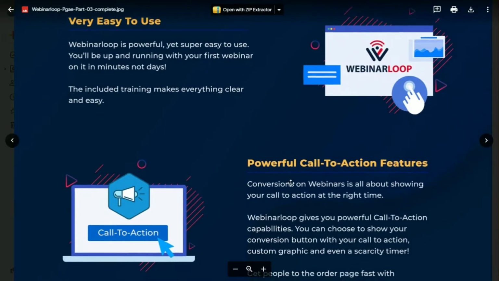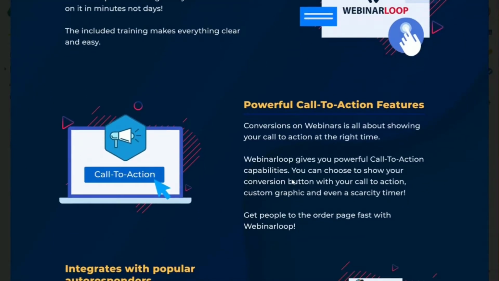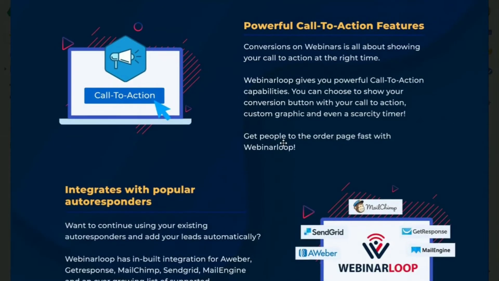WebinarLoop also gives you an amazing CTA feature that is not there in any other webinar marketing software. And with that, what you can do is, anytime you want during the webinar, you can show a call to action with a button and a timer to your viewers, and you can get them to take action. So suppose at